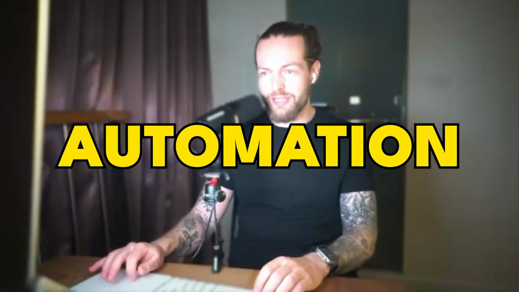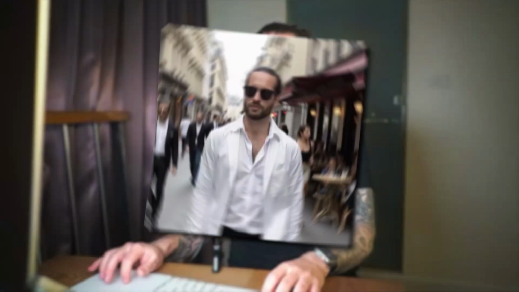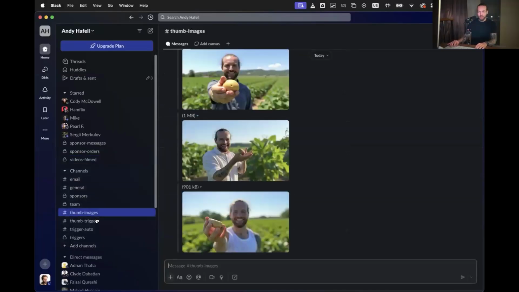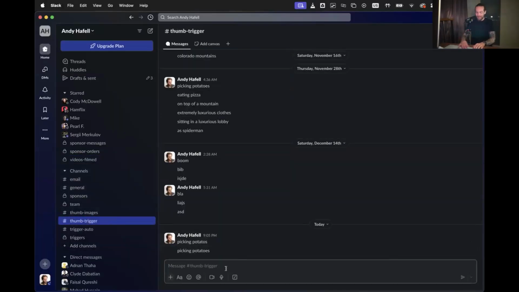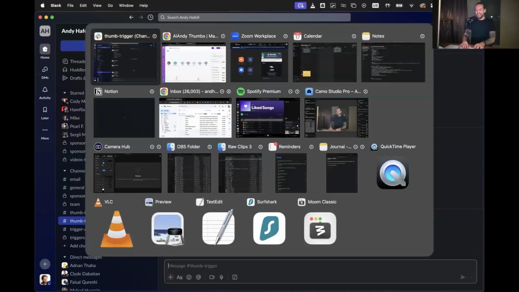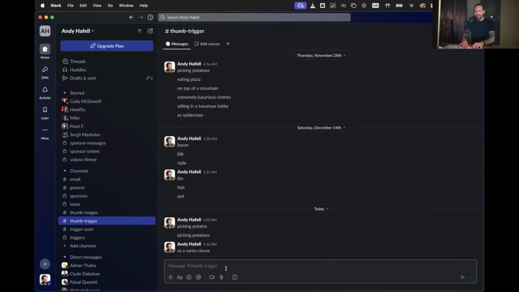So I want to share with you guys an AI automation that I've made to basically make it very simple to create an image of my face. Let me show you exactly how it looks. What basically happens is the thumbnail trigger. If I write anything here, like "as a Santa Claus," or maybe "as an elf inside of a glass bottle,"